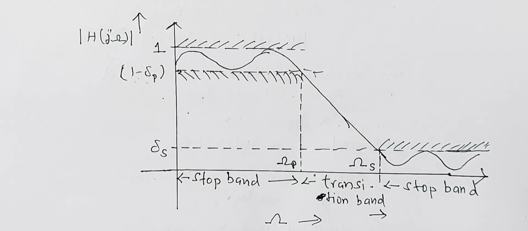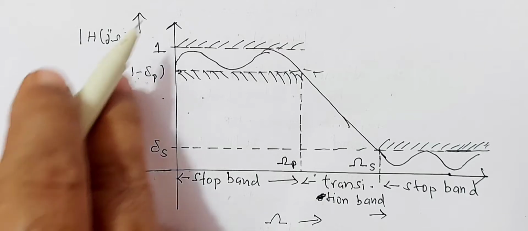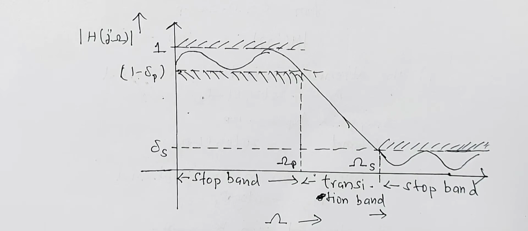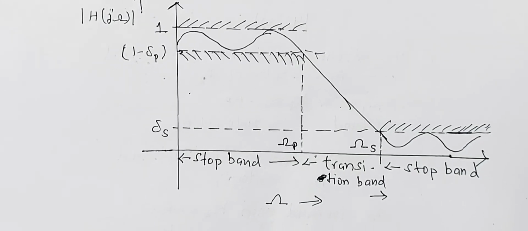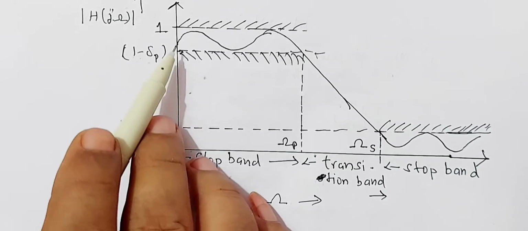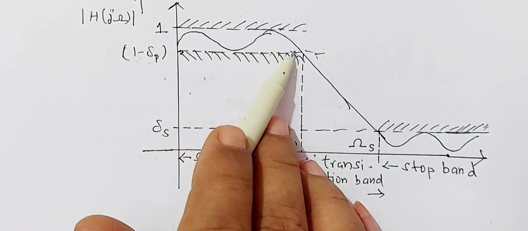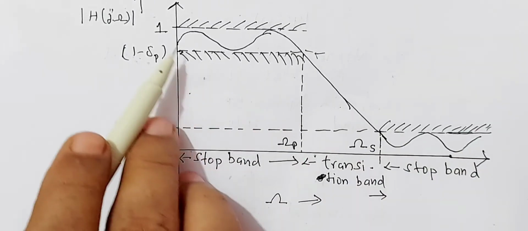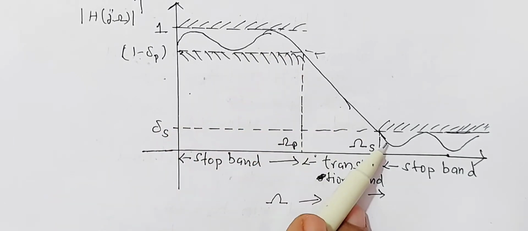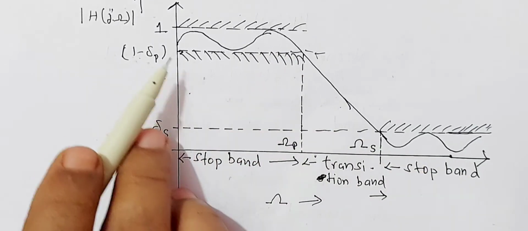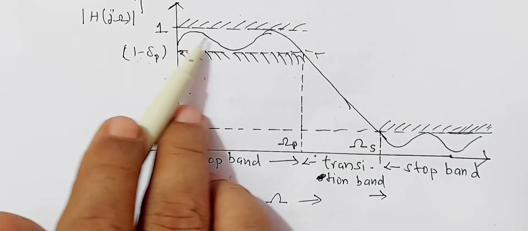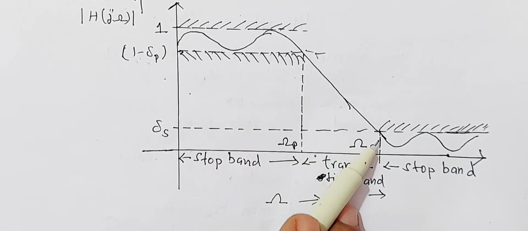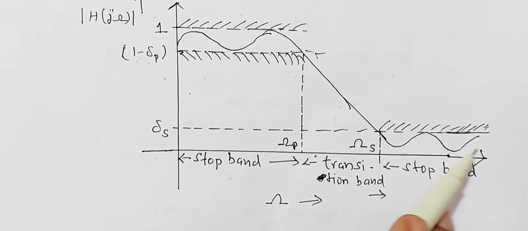There are different types of filters. We will discuss this later. So I have considered only the magnitude frequency response of the low pass filter. That means the low pass filter is one in which the output voltage is maximum, then it falls and becomes almost zero. Therefore, output voltage changes continuously. It remains constant up to a certain value. Above that value it decreases, and above another certain value it goes to zero.